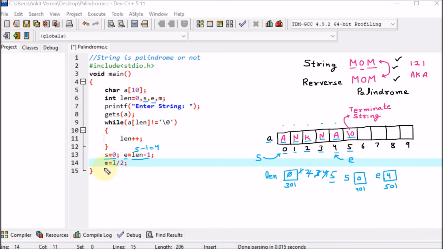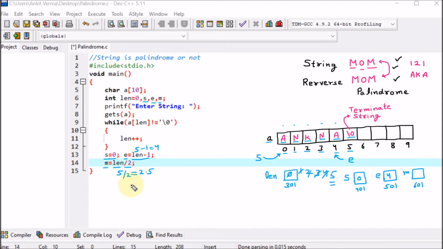Now afterward we are saying that m. So here one variable m is declared. This m variable, let's say the address is 601. So here we have m is equal to length by 2. We know that the length is 5. So understand that 5 by 2 will be equal to nothing but 2.5. But here we are dealing with integers.